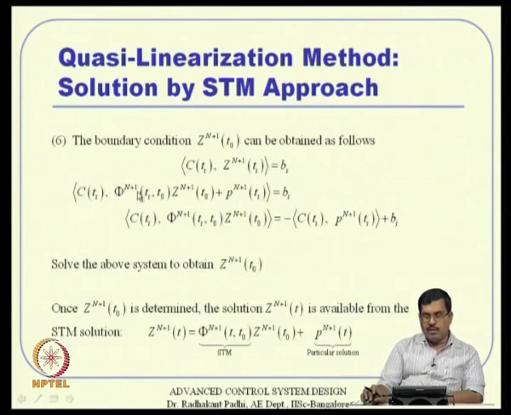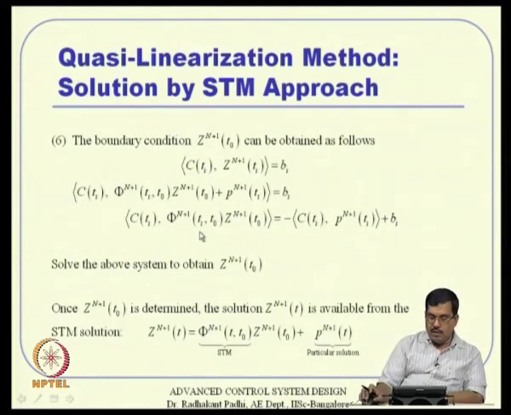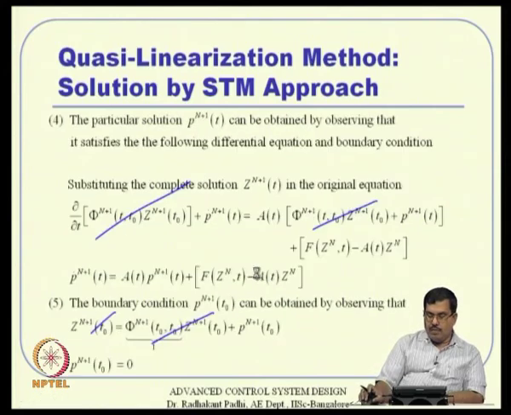Again, this inner product is a linear operator and all that. I can split this equation in two parts, and then I can say okay, this inner product on the left hand side is nothing but equal to this inner product with a negative sign, plus the b i term basically. So, that means this condition on this n plus 1 is not explicitly available to you yet, but these are a set of linear equations, and hence you can solve this set of linear equations to get this z n plus 1 at t 0,